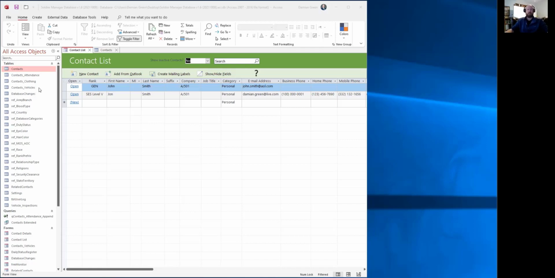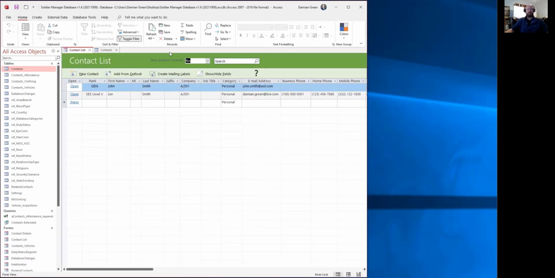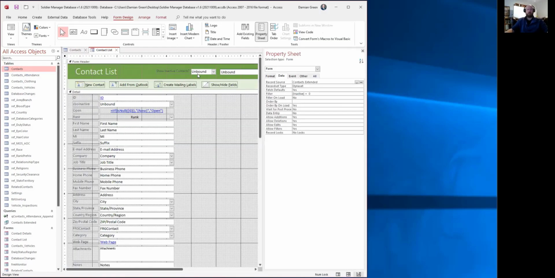That's one technique. Another technique is to leave all contacts, both historical, current, future, in a single table and add a field called inactive, triggered as a yes, no, to the contacts table. And then this gets a little bit funky. We then added a combo box to the contact list table. I created a value list of -1 for yes, the contact is inactive, and 0 for no, if the contact is inactive. And I bound it to the first column value,